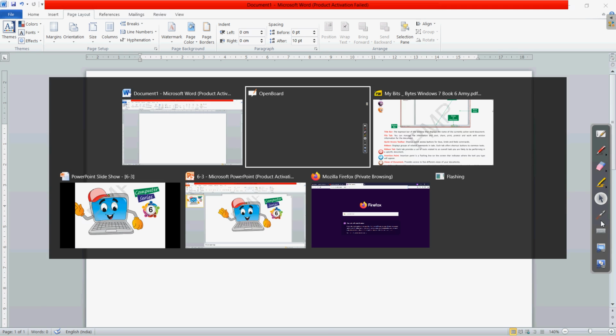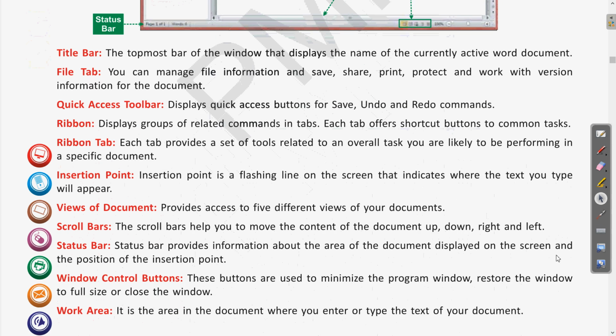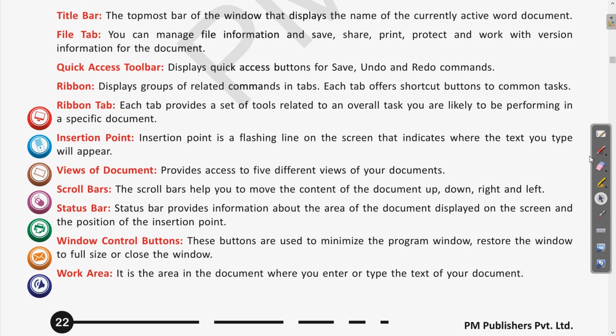Now coming to the next, that is the window control buttons. So window control buttons: the maximize, minimize and close button. These buttons are used to minimize the program window, restore the window to full size or close the window. Let me show you this.